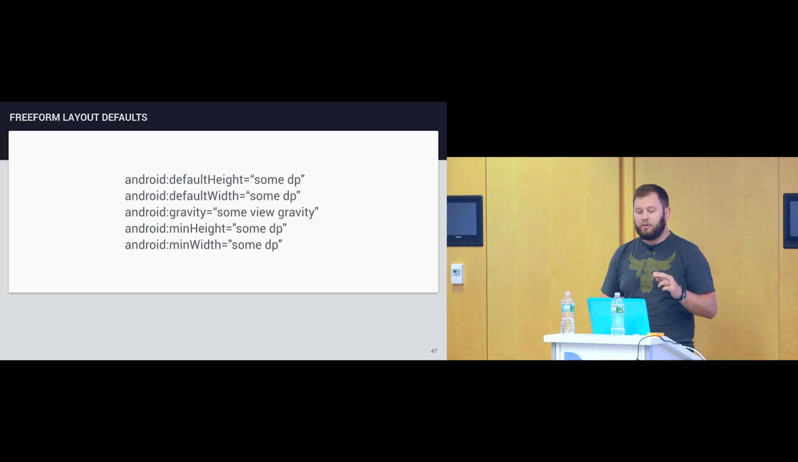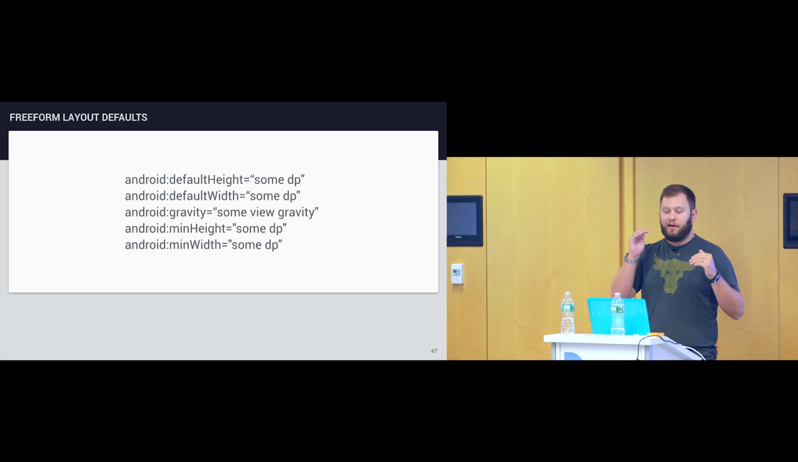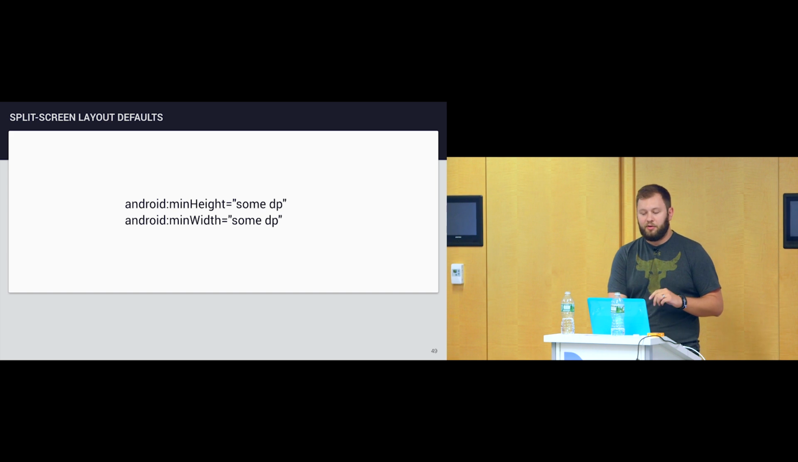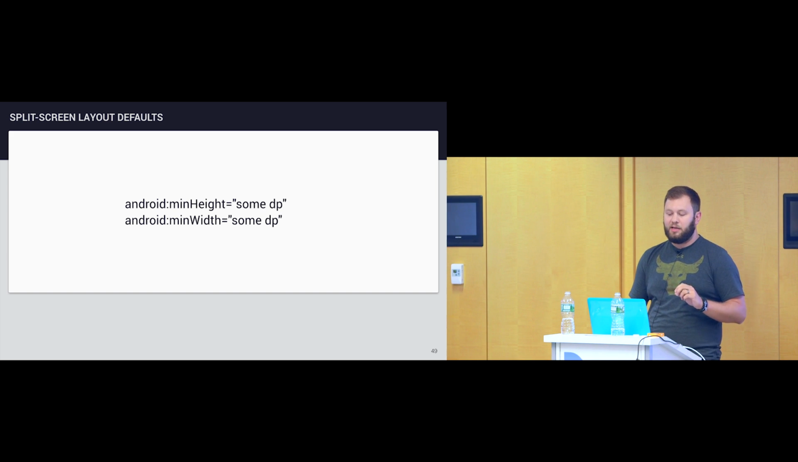If you set the min height and width, it will allow your app to stay at that size, but the user will be able to continue to squeeze the app down. And if they do, then your app will just be scrollable the entire time. And similarly in split screen, you have a couple of options, but not as many. You can just set min height and min width, and those are also in DP values. So that's how you would support it out of the box from setting up your manifest. In your activity and your